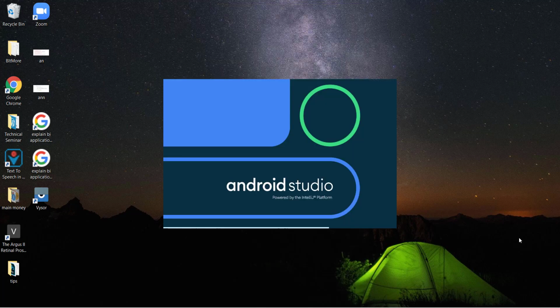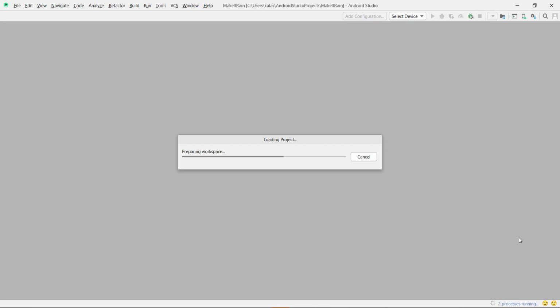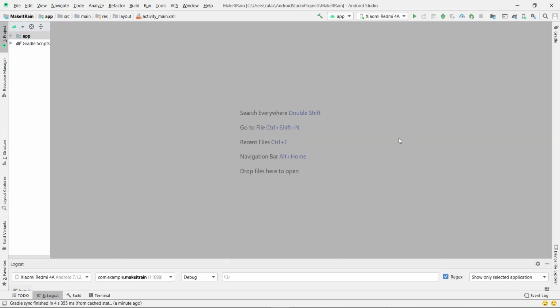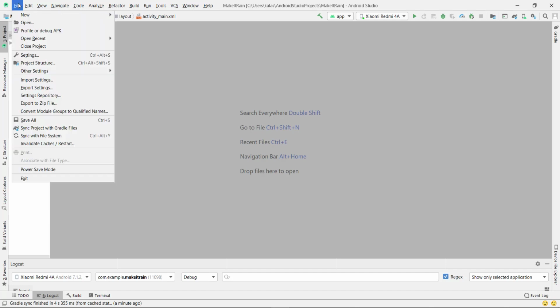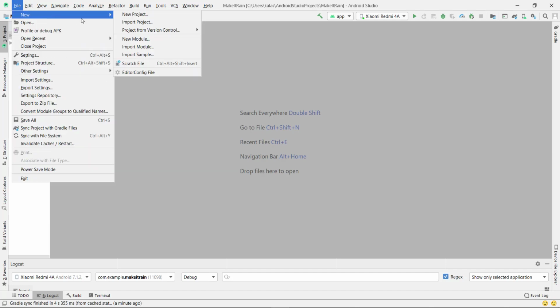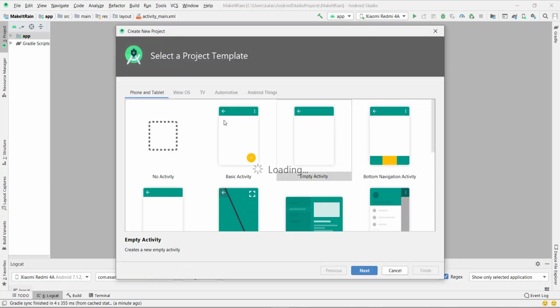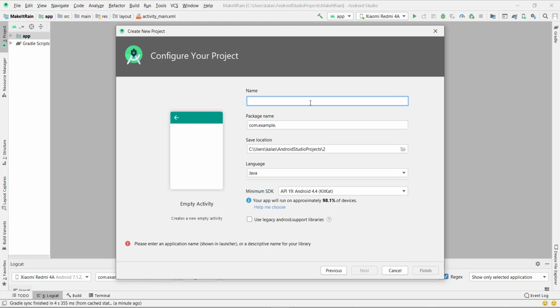First of all, you have to open Android Studio. Once after opening Android Studio, create a new project. File, then move towards new project and select the empty activity and give a name to the application. Here I am naming it Money App